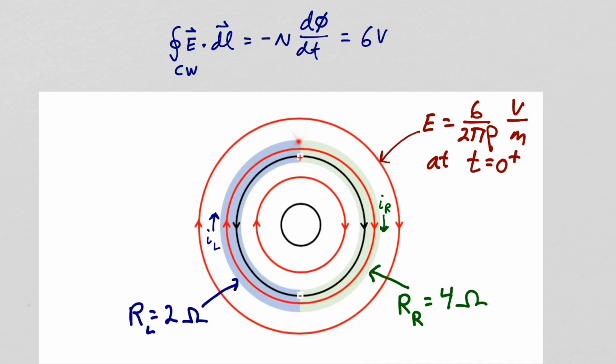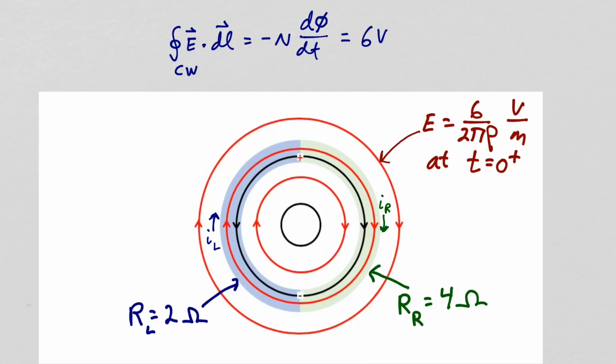In the right half ring, the electric field intensity coming from the positive charges and terminating on the negative charges will be in the same direction as the electric field intensity coming from the ramping magnetic flux in the solenoid. So the electric field intensity in the right half ring will increase as the charges build up at the